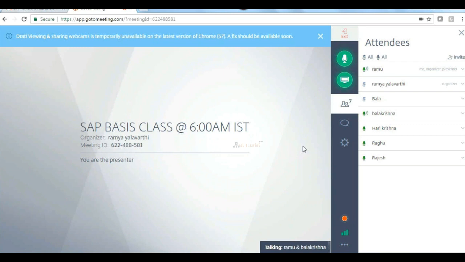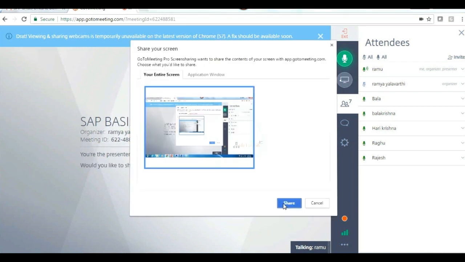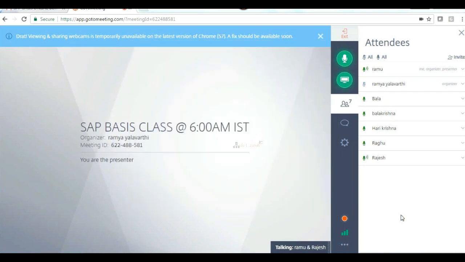Who is not getting? Rajesh, Hari. One second, I will stop sharing and I will again provide the sharing. I have given sharing. Just check now. It will take at least some 20-30 seconds to load the screen. Let me know once you are able to see my screen.